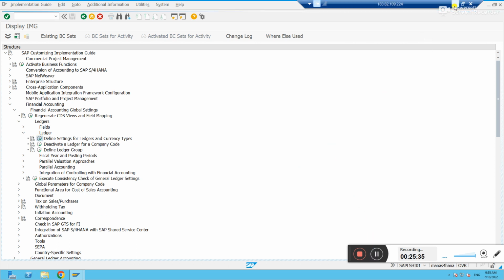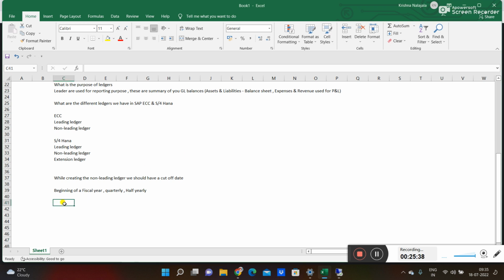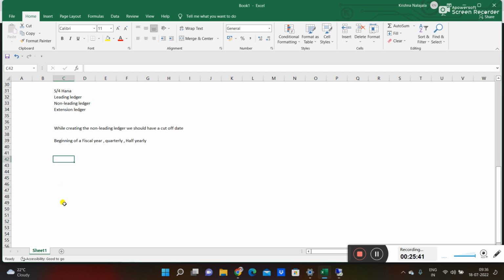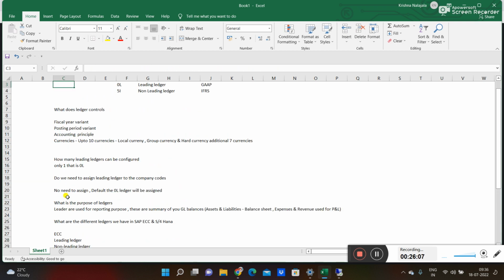And before it opens, I just want to explain a few more important things. Always remember, when you create a ledger, a ledger group will be created automatically by the system with the same name. What it means is, if you create any ledger, say we are going to create 5i as a non-leading ledger, the minute you create a non-leading ledger 5i and you save it,